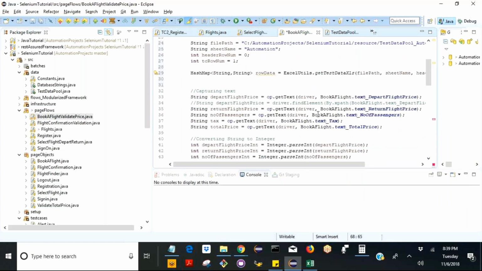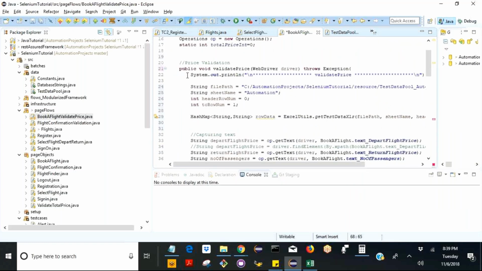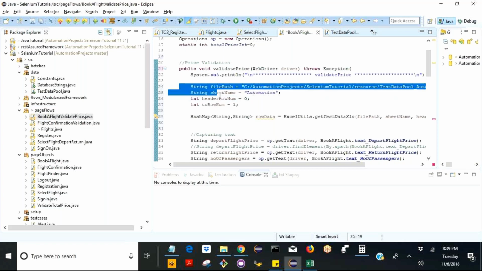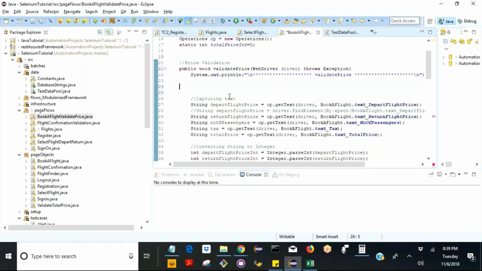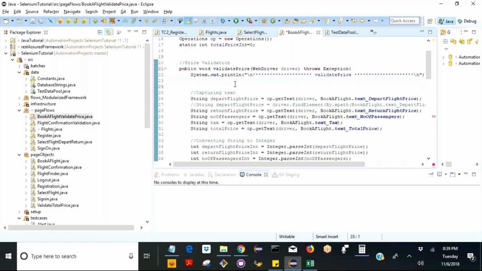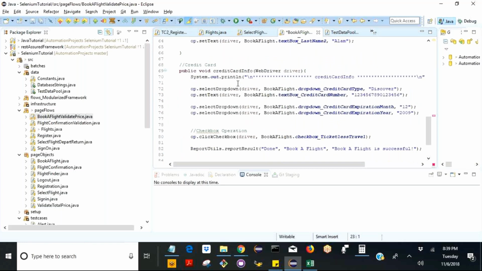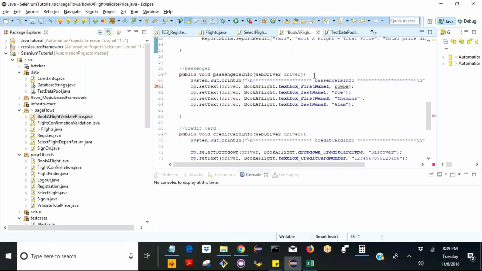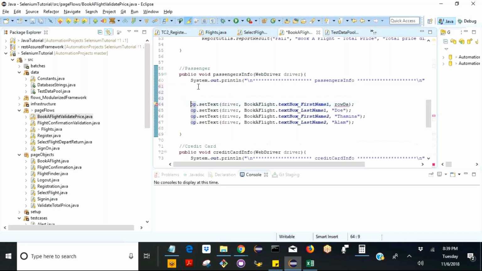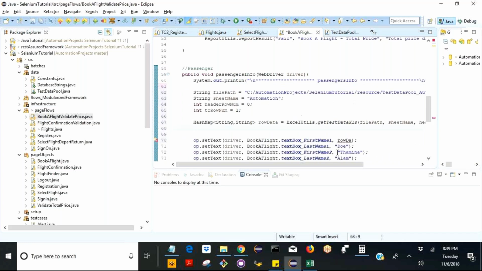Why? Because the function is different. I am putting this in a different function, so let's put it in this function. This function is passengers info. Don't worry, we are going to replace this later, but for now, for your understanding, I'm putting this. Okay, now raw data,